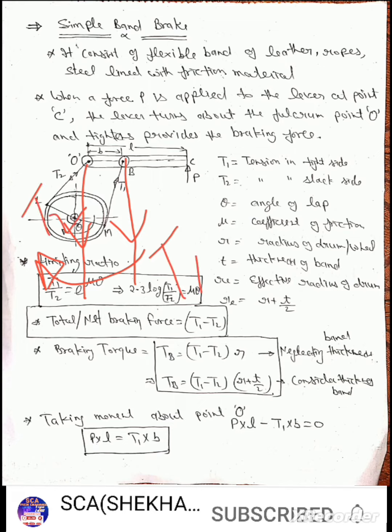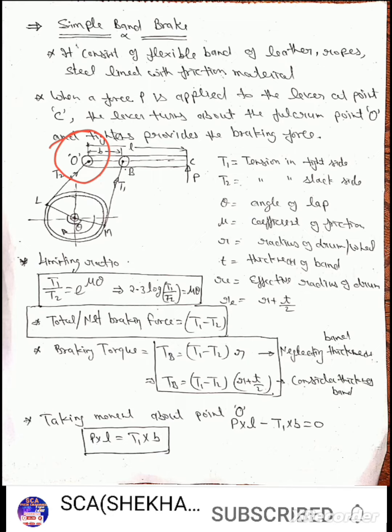Now taking the moment about point O, when the wheel rotates in clockwise direction. P into L makes an anti-clockwise couple, and